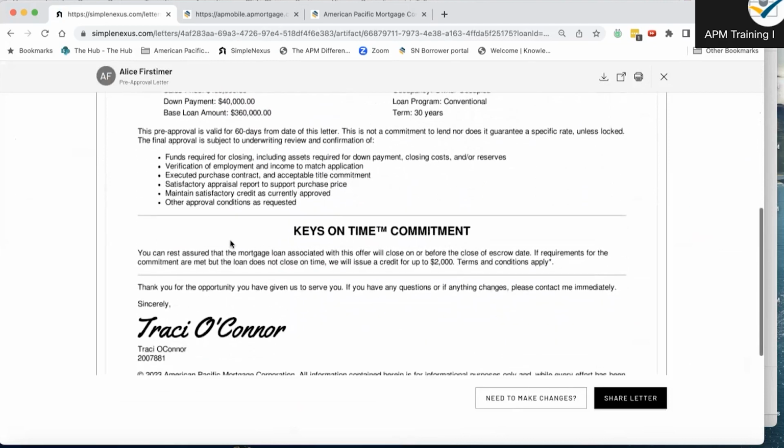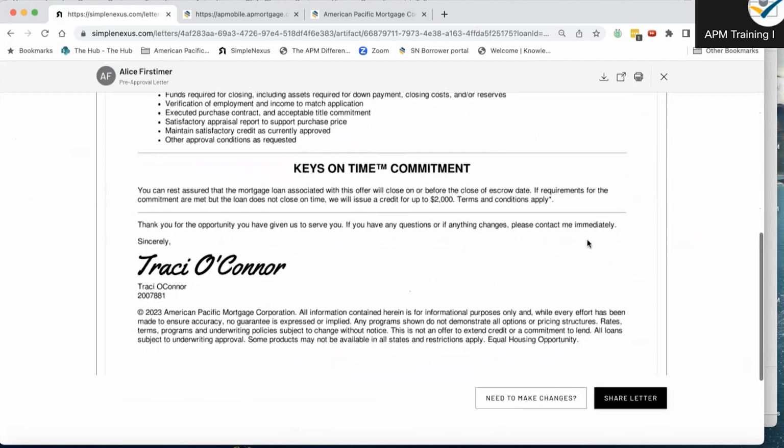But if you notice, this particular one, because I said Keys on Time, does have that credit on here. So that's going to look extra good and hopefully help me to stand out when this offer comes over to those sellers. And then, of course, it's got my auto-generated signature. And remember that under the settings and then account, you guys can actually change that signature to a personalized one